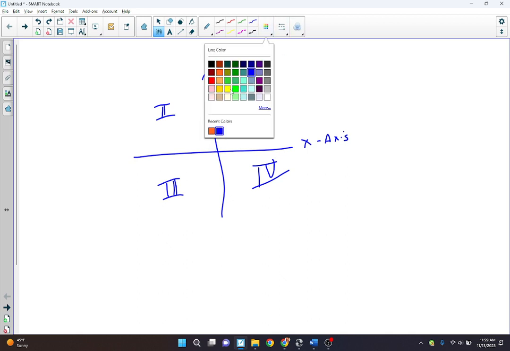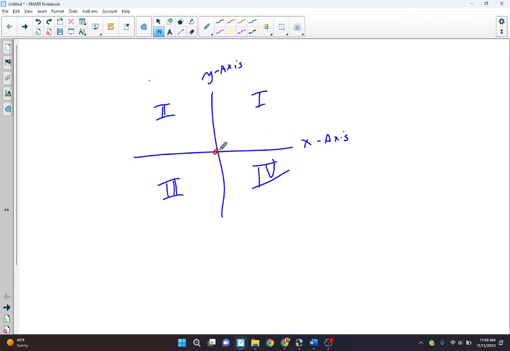and then in the middle, you have, what is the middle called? Origin. Okay. So if I give you a point like 3 comma negative 2, 3 comma negative 2 would be here, and you would say it's in quadrant 4. If I gave you something like 0 comma 2, 0 comma 2 would be here, and that would be the